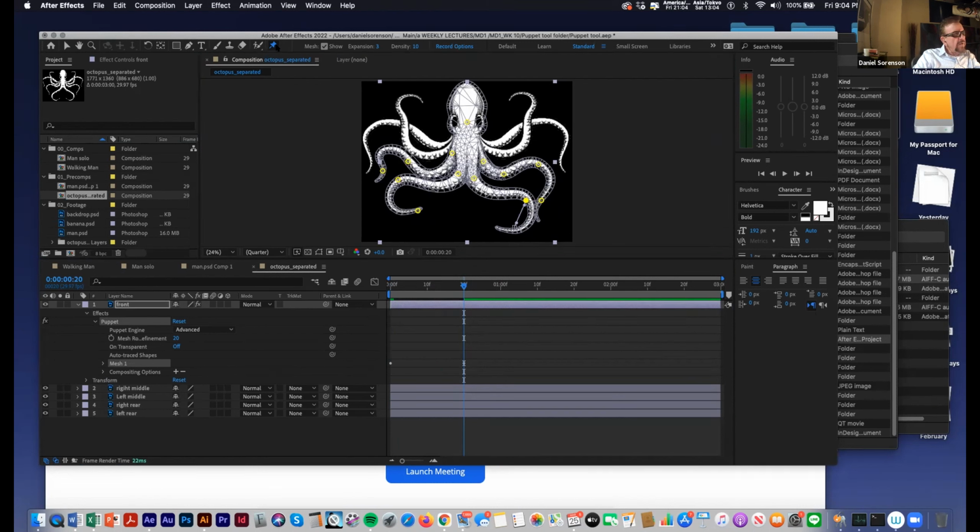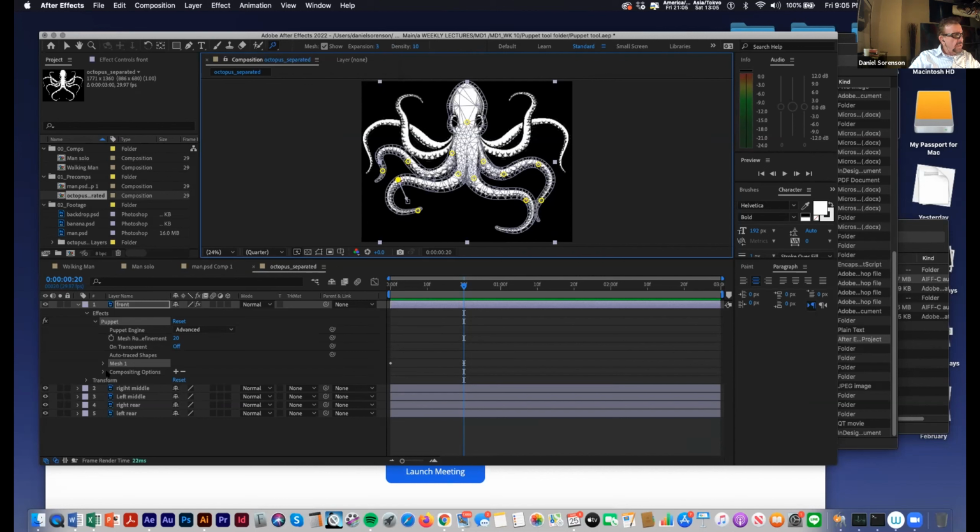Now let's talk about the different types of pin. The starch pin is basically to keep certain areas from moving very much. Some places you want to move just a little bit in order for it to feel alive. You don't want it to stay perfectly solid. You want it to move a little bit. That's where you'd use the starch. The bend just lets you bend things around. Now, any one of these can be